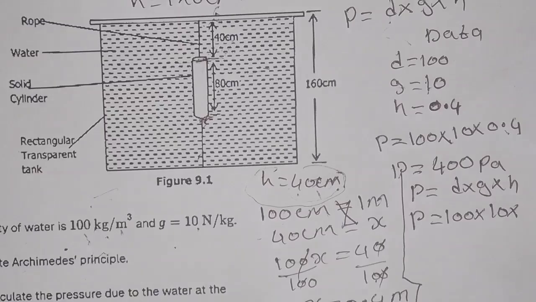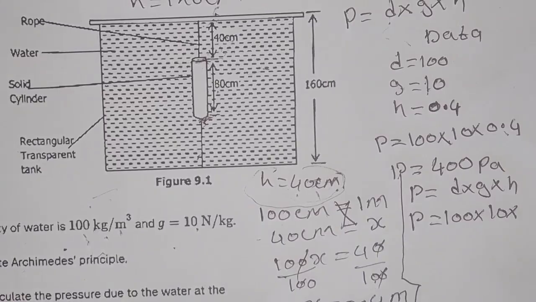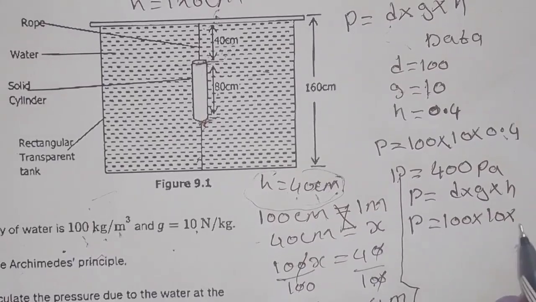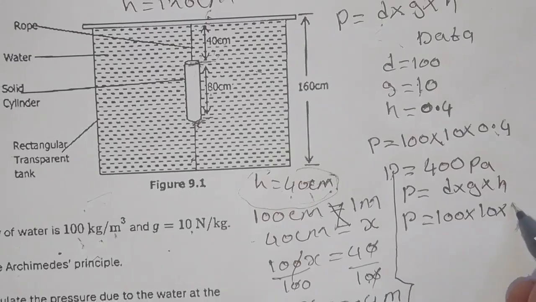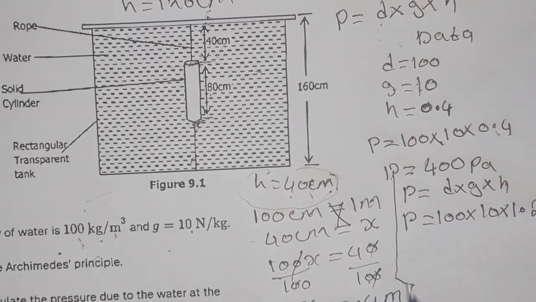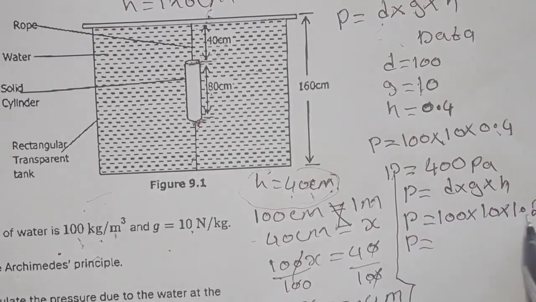So we convert 120 centimeter into meter. So just do what we did. 100 centimeter is equal to 1 meter, what over 120? And if you don't want to do that, as I said earlier, you just divide the centimeter given by 100. So 120 divided by 100 will give you 1.2. So our height will be 1.2. So where there's h here, we just put 1.2, then we multiply. So 100 multiplied by 10 multiplied by 1.2 will give you